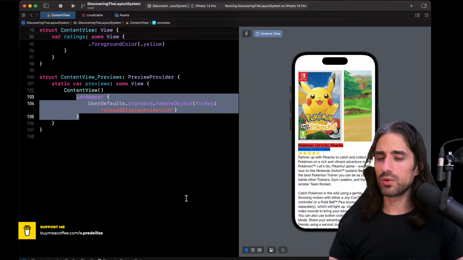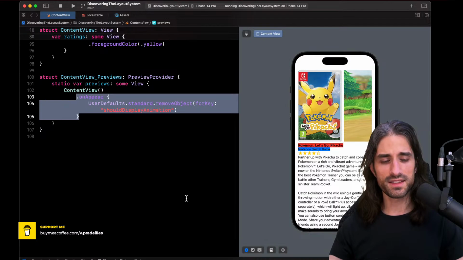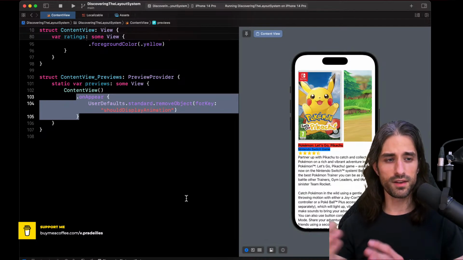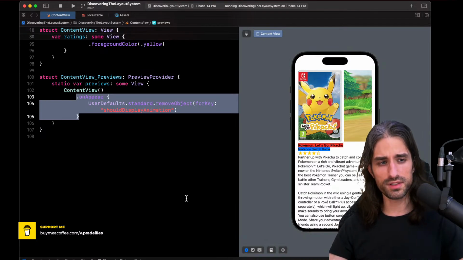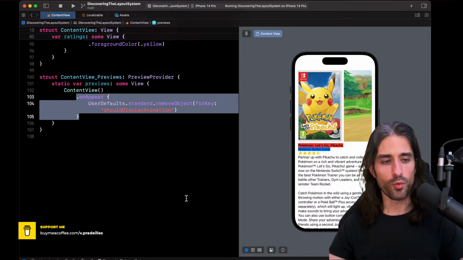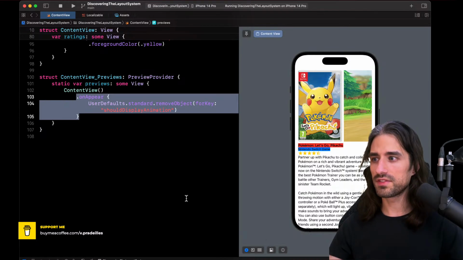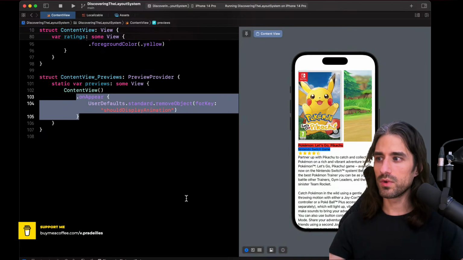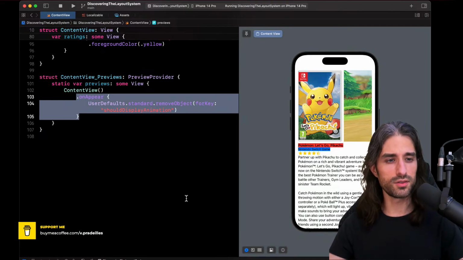Then I want to also recap on the fact that views in SwiftUI, you can put them into two categories, we could say. First, we have fitting views, which have an intrinsic size and only take the space that they need. We've seen a few fitting views. We've seen, for instance, Text, that is a fitting view.